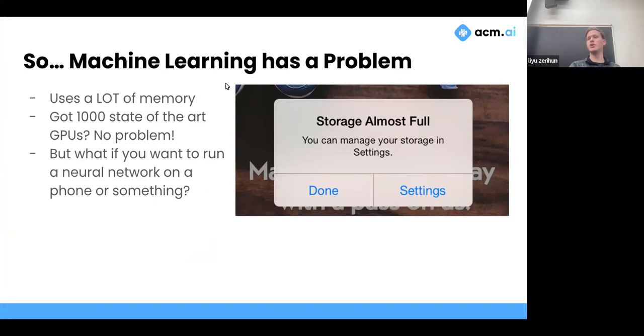let's say, a huge amount of memory. This is fine if you're Jeff Bezos, or name any billionaire CEO in the world, you've got all the money that there is, no problem. But what if you just want to run it on your phone? Well, this is a bit of an issue.